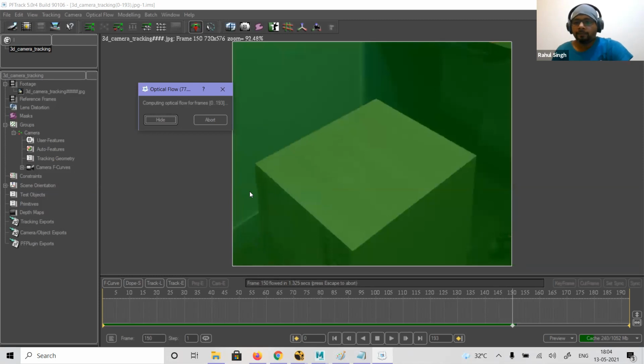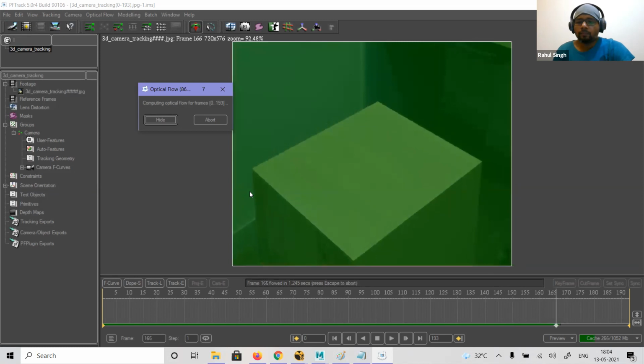Few more frames. So almost finished now.